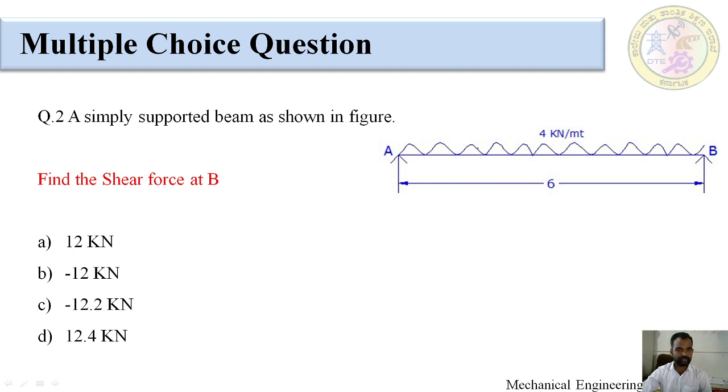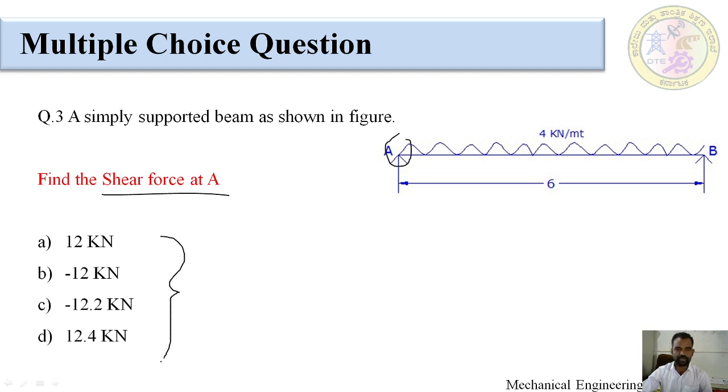Next slide, we are going to have the second question, of the same problem we discussed in the previous slide. Question number 2: determine, for the simply supported beam as shown in the figure, the shear force at B section. How much is the shear force at B section? There would be one correct answer among these 4 choices. Do carefully before answering. Next, it is the same simply supported problem with the same parameters. We want to determine the shear force at section A.